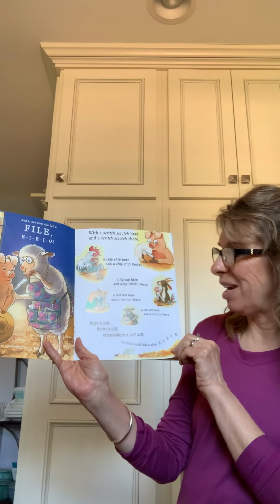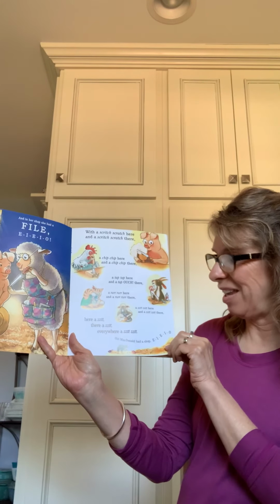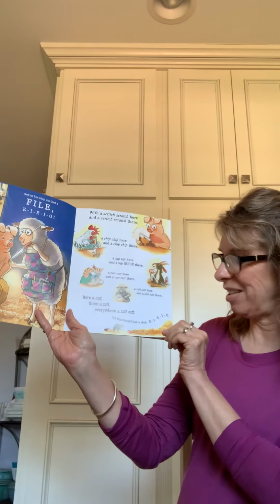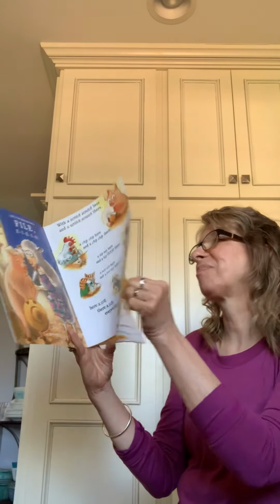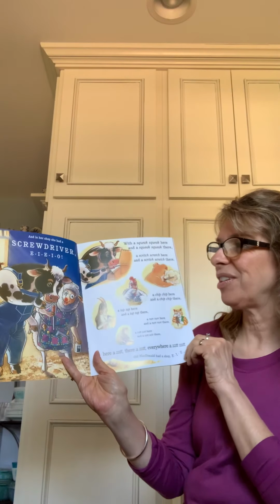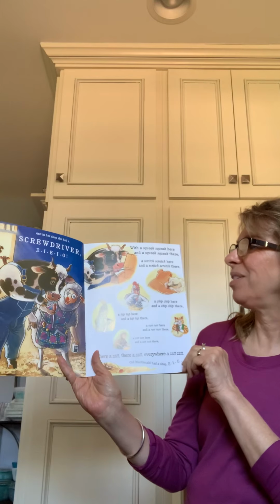A rrr here and a rrr there, a zit-zit here and a zit-zit there. Here a zit, there a zit, everywhere a zit-zit. Old MacDonald had a shop, E-I-E-I-O. And in her shop, she had a screwdriver, E-I-E-I-O, with a squeak squeak here and a squeak squeak there,